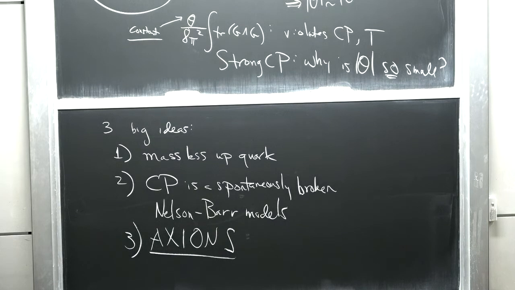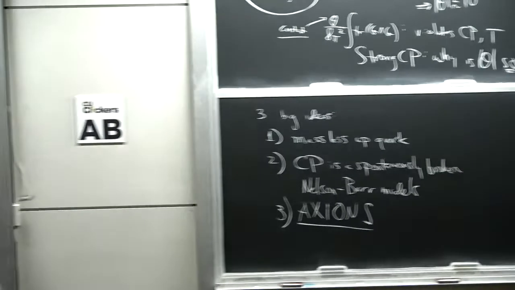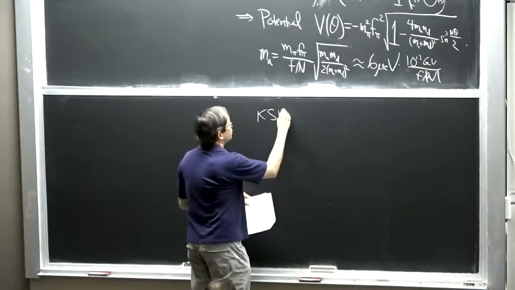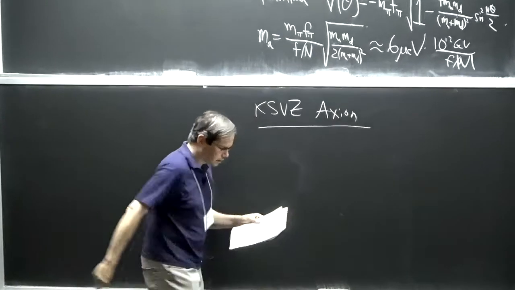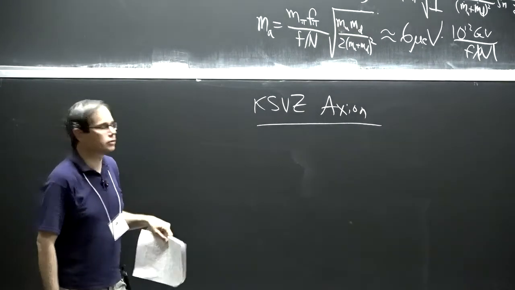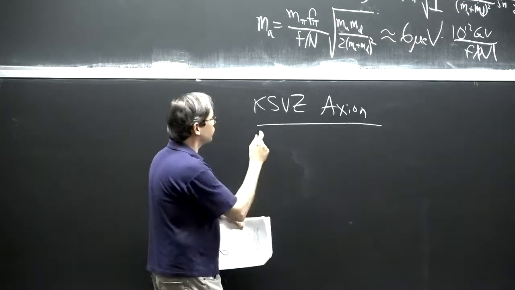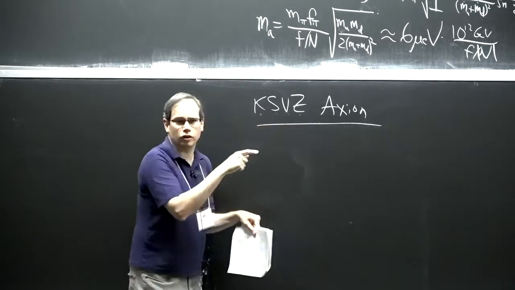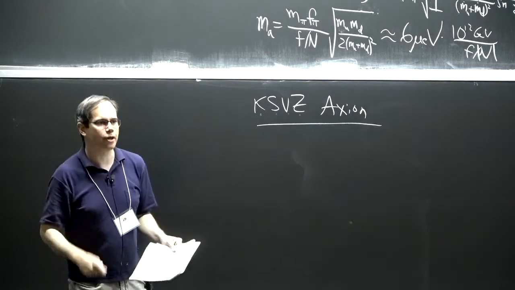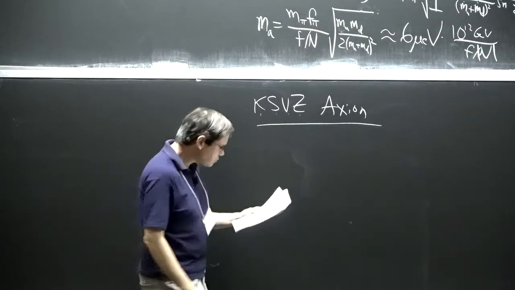Good. So that was sort of axions in general, right? So here we only use the low energy effective theory, coupling to gluons. I didn't tell you where the theta came from. I just wrote down the coupling. So now let's talk about the classic model. This is a 4-dimensional renormalizable model that generates that effective theory. It's called KSVZ after Kim, who wrote a paper about the model, and Shifman, Vainshtein, and Zakharov, who wrote a second paper basically at the same time.